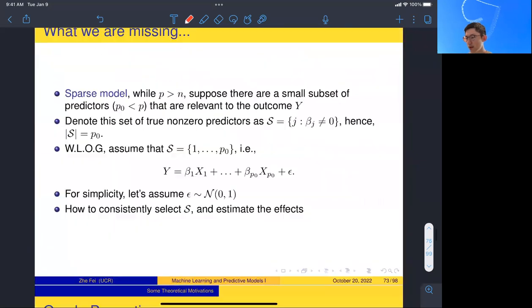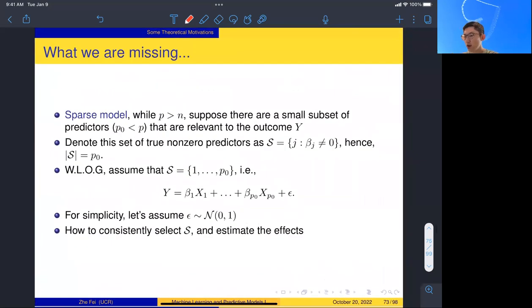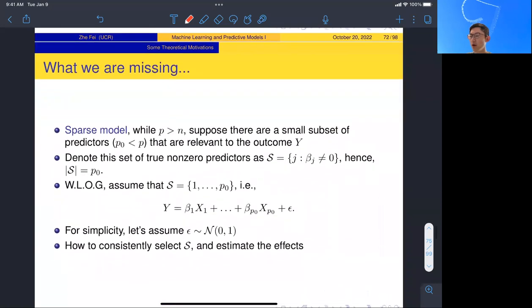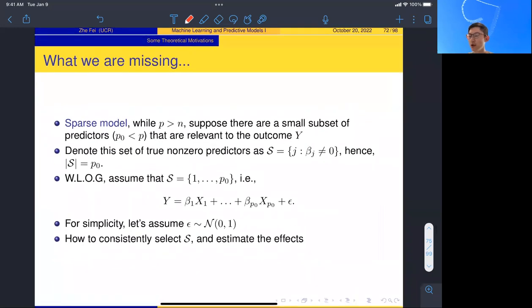I think the remainder is quite theoretical. It's essentially people have been developing this so-called oracle property for the shrinkage methods. Maybe one thing to point out is what we call the active set, or essentially the true set of the variables that are non-zero. The so-called oracle property is that we want to consistently estimate this active set,